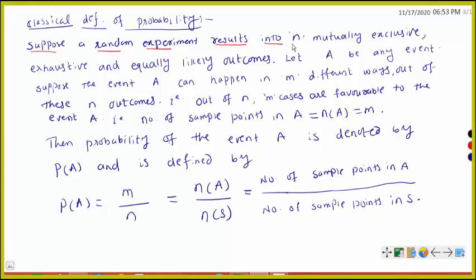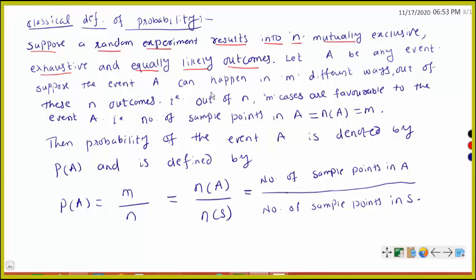results into n mutually exclusive, exhaustive and equally likely outcomes. What does that mean? All these outcomes are mutually exclusive, and these outcomes give you the sample space as exhaustive, and all these outcomes are equally likely. Let A be any event. Then